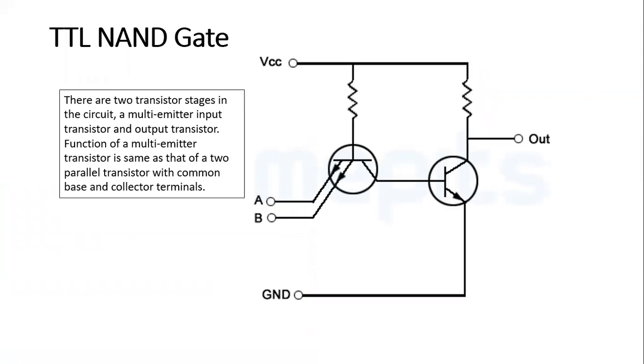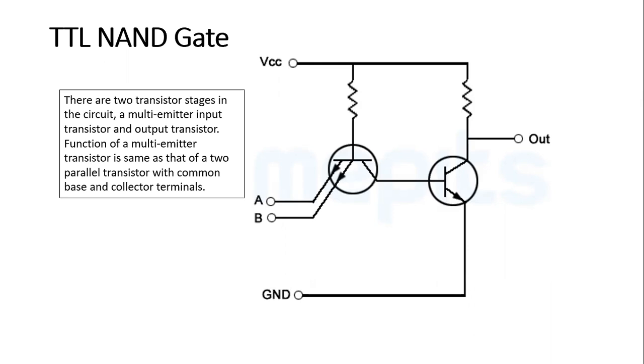Then we have the NAND gate. We know the NAND gate is basically the complement of the AND gate. What is an AND gate? Only when the inputs are 1, 1 do you get the output; for all other three conditions, you will not get the output. So naturally, the NAND gate, the complement of AND, gives output for the 0, 0 condition, the 0, 1 condition and the 1, 0 condition. That means if either input is 0, you get the output, and if both inputs are 1, you do not get the output.